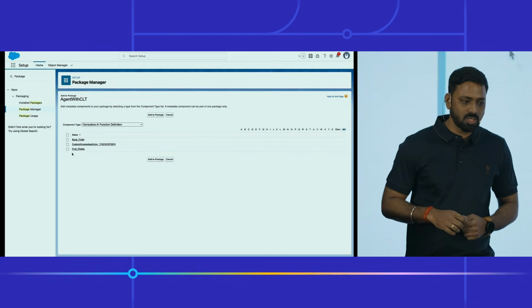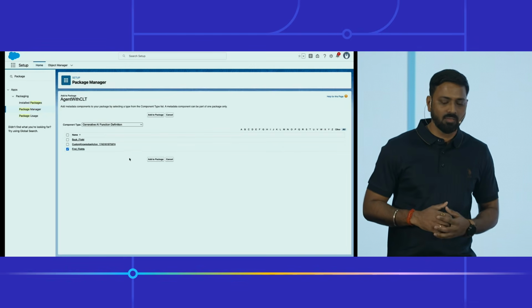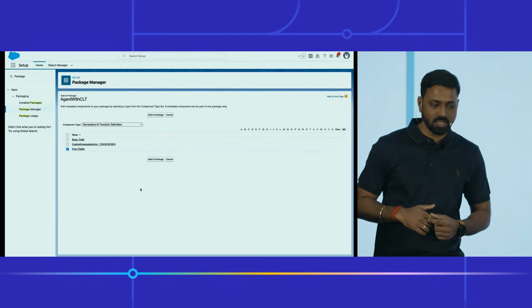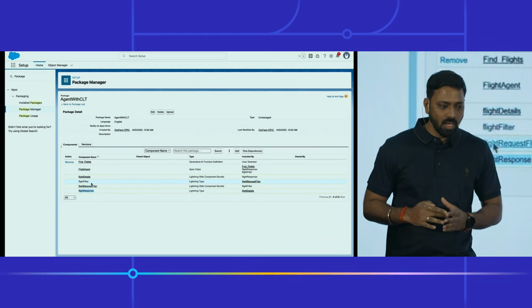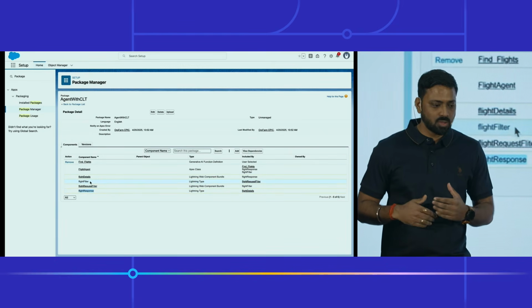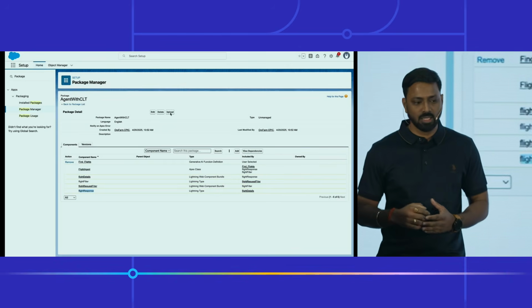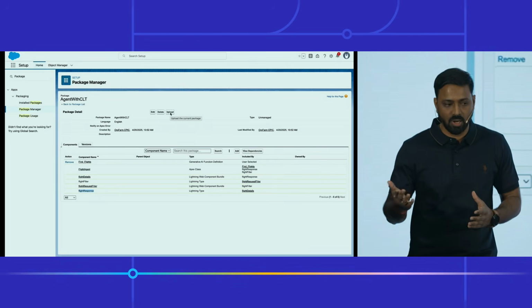Also, as we have used them in the agent actions, I'm adding find flights, which is our agent action. After I add that action, you see a bunch more things appeared there. Flight agent, there's an Apex class also which we are using for that Apex action, and the custom lightning types we have used for input and output both appeared here. And the custom lightning types are using LWC components, those are also automatically added. We can upload this and deploy it in another